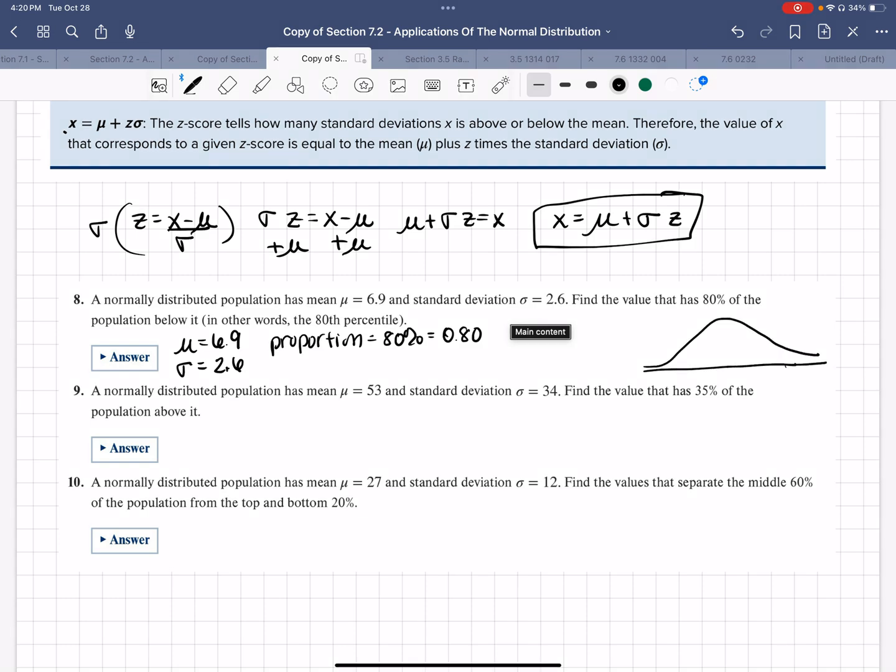All right, and it's saying it wants to find the value that has 80% of the population below it, or the 80th percentile. Well, here's mu in the middle, and that mu is 6.9. You know that's at 50%, so it's going to be shaded past that. So we're going to use our inverse norm. Well, guys, here's the deal. If mu is 6.9,